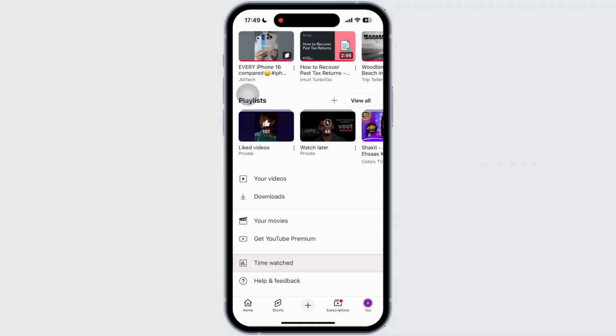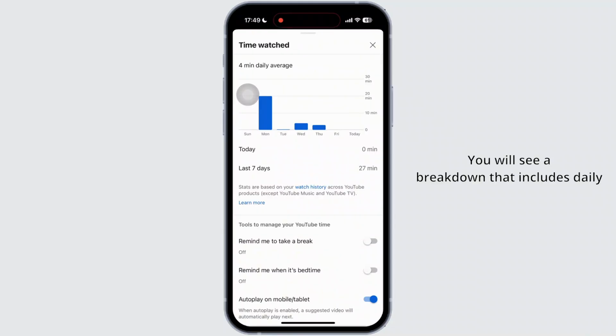Simply tap on it. You will see a breakdown that includes daily average, watch time today, watch time this week, comparisons to previous week. YouTube gathers this info based on your watch history, so make sure your history is enabled